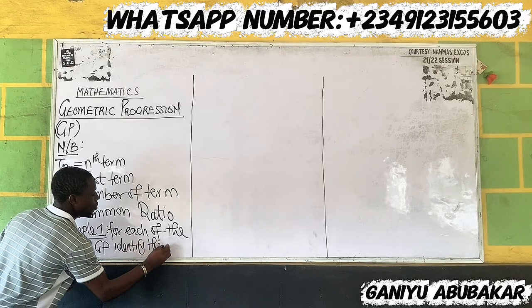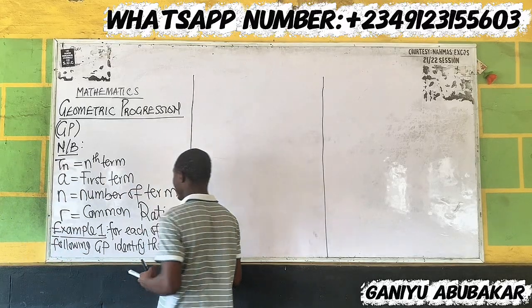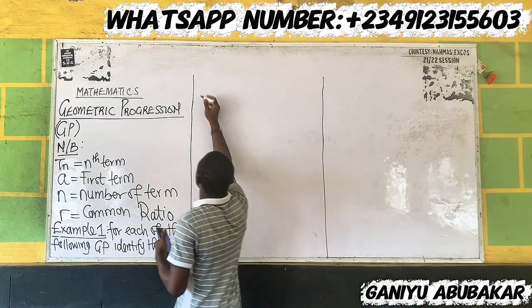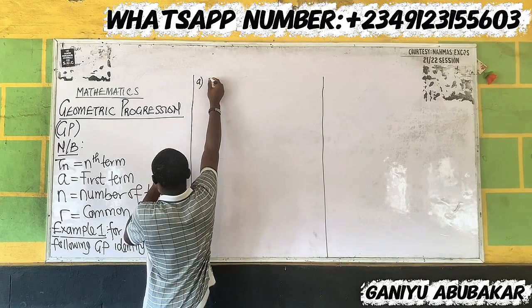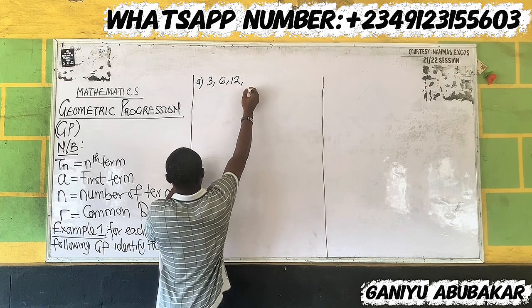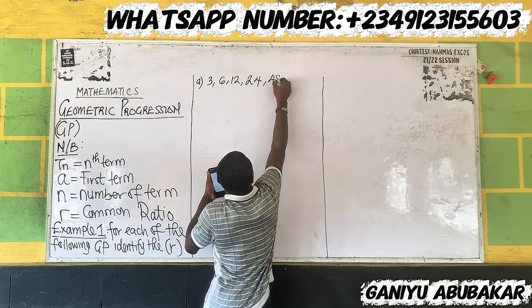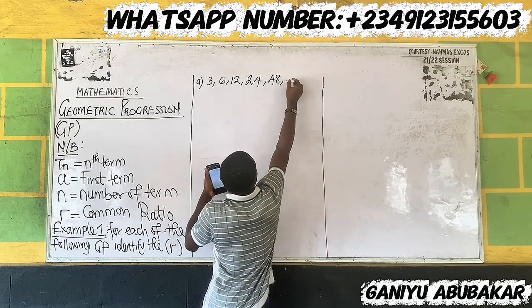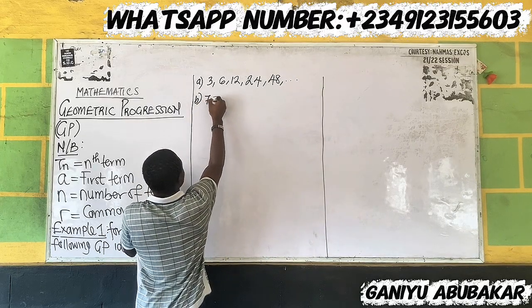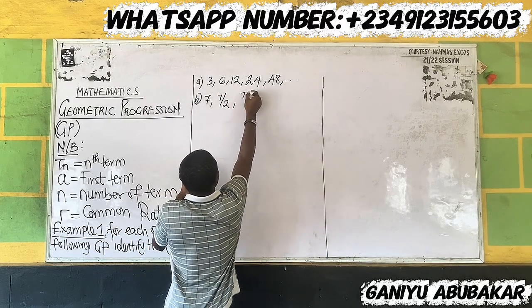The common ratio in brackets R. Let me shorten it. Identify the R common ratio. R means common ratio. So A, number 1, is given as 3, 6, 12, 24, 48, dot. It continues. Question B says 7, 7 over 2, 7 over 4,